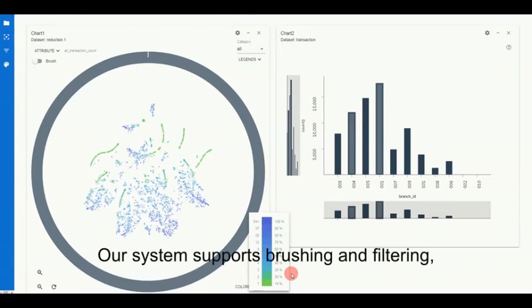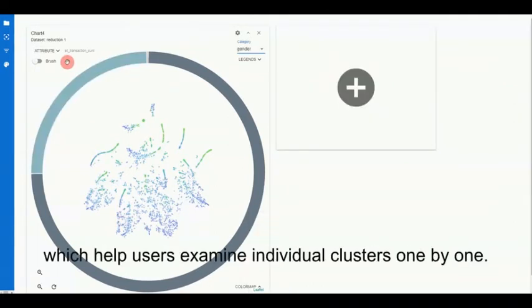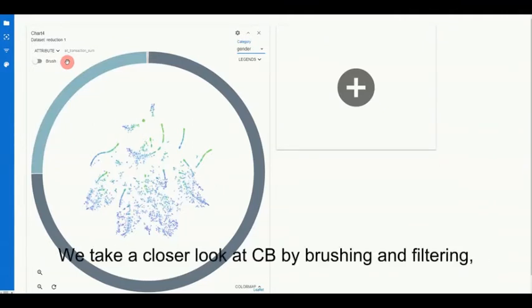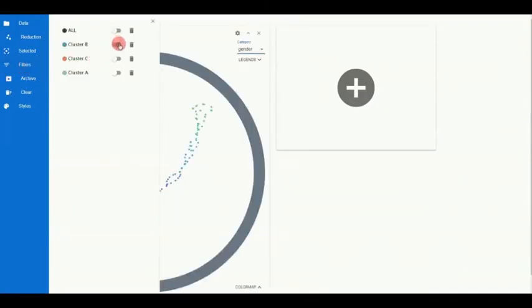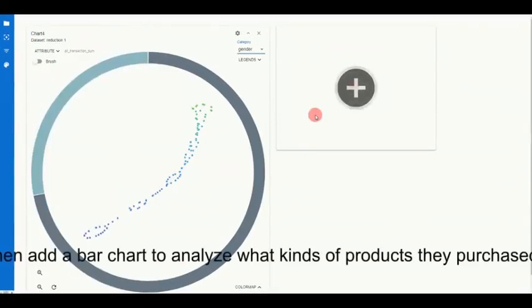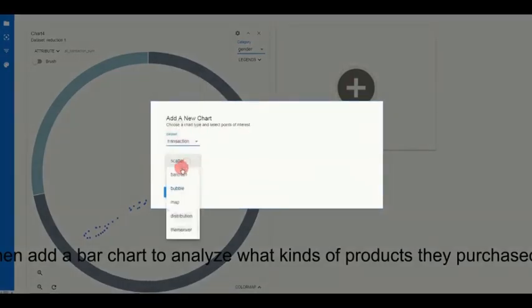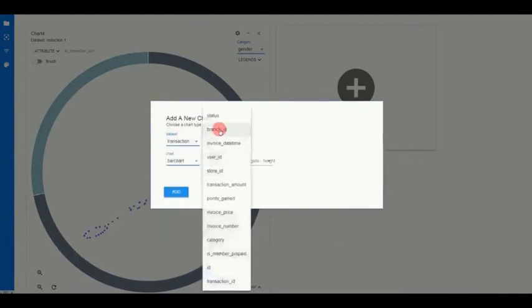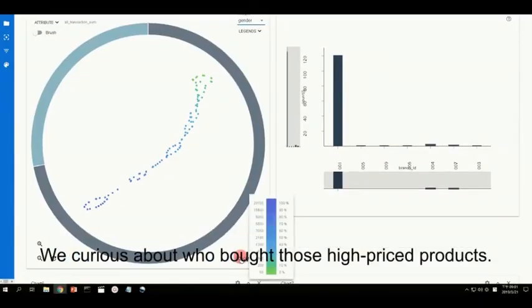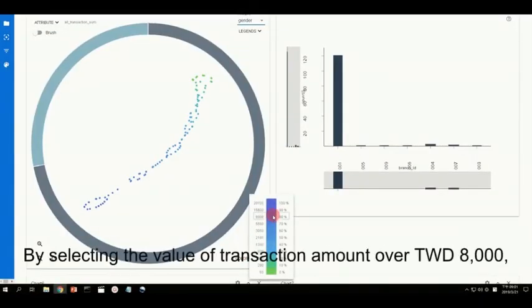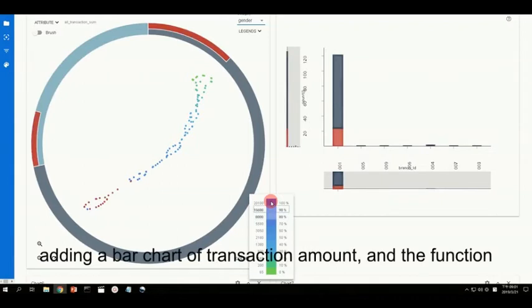Our system supports brushing and filtering, which help users examine individual clusters one by one. We take a closer look at CB by brushing and filtering. Then we add a bar chart to analyze what kinds of products they purchased. We're curious about who bought those high-priced products. By selecting the value of transaction amount over TWD8000, adding the bar chart of transaction amount, and the function of